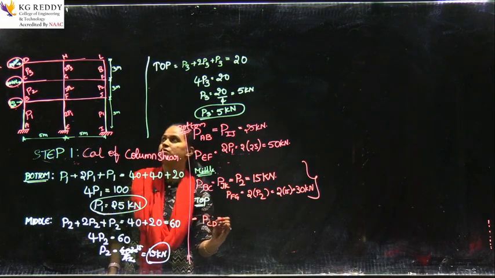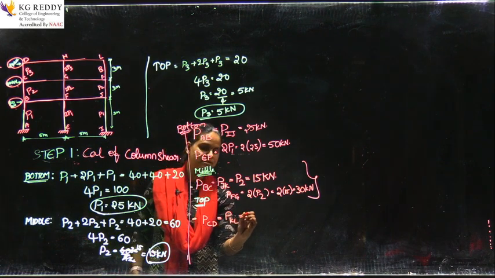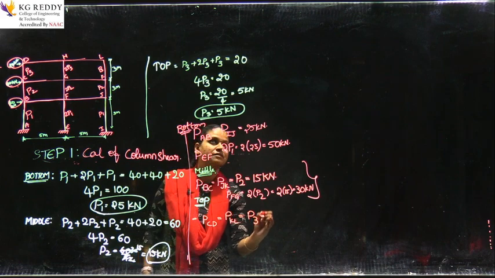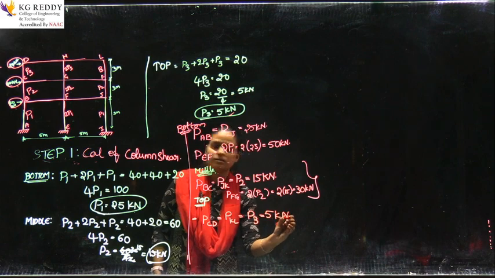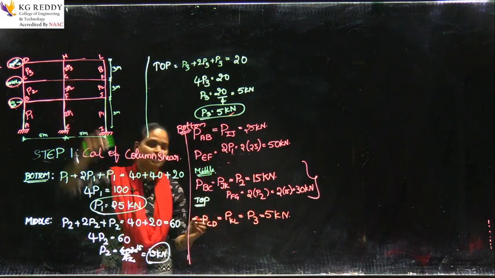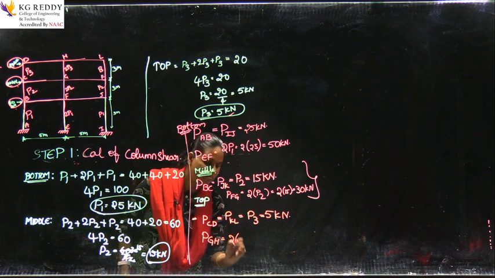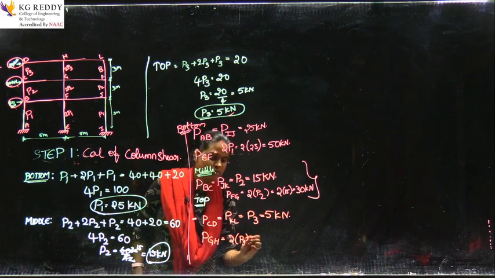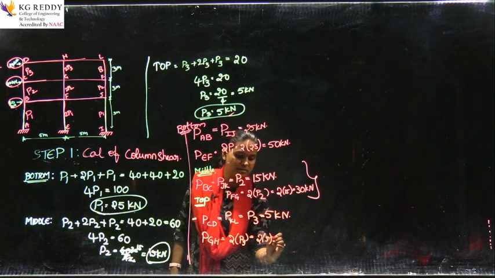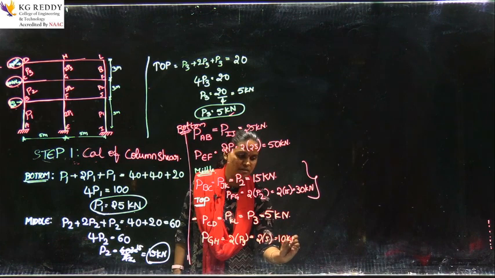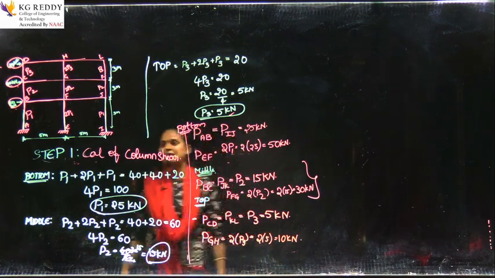PCD is equal to PKL, which is equal to P3, and the P3 value is 5 kilonewtons. And what about the interior column? PGH is twice of P3, which is equal to 2 into 5, 10 kilonewton. Okay. We are done with the first step, where you will be calculating